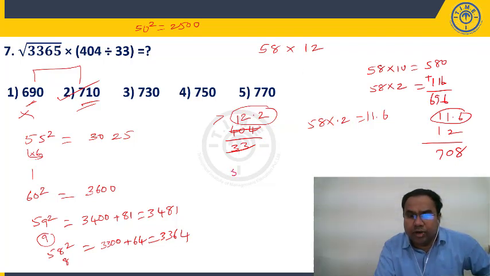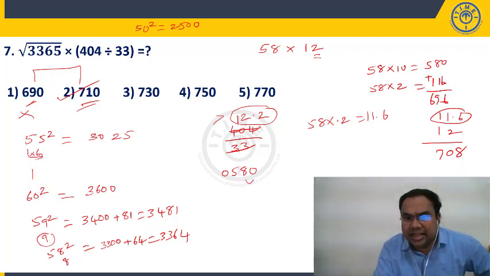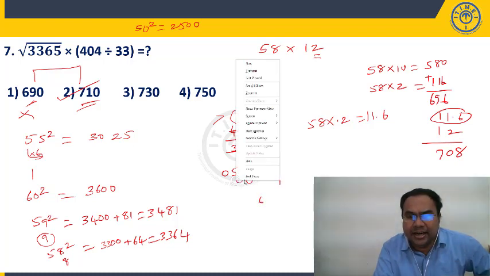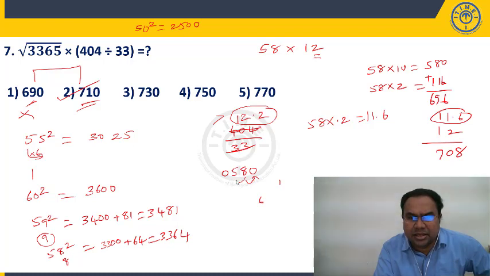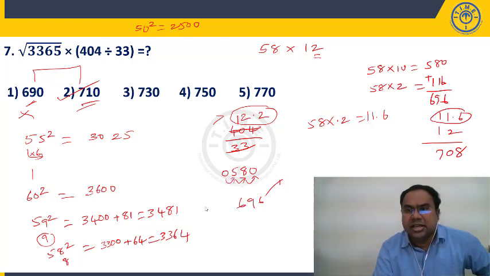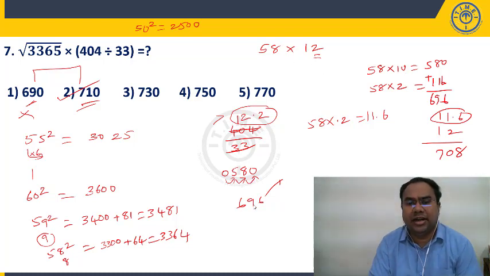Now 58 into 12, we can also solve like this, right? You add 0 and 0 here. Into 11, what will we do? We will directly add its right digit. Here 12 means last digit is 2. We will double this and add. 2 8s are 16 plus 0, 16. 6 here, 1 carry forward. 2 5s are 10. 10 plus 8, 18. 18 plus 1, 19. 9 here, 1 carry forward. 2 zeros, 0. 0 plus 5, 5. 5 plus 1 carry forward. 696. Into 12 directly I am doing.